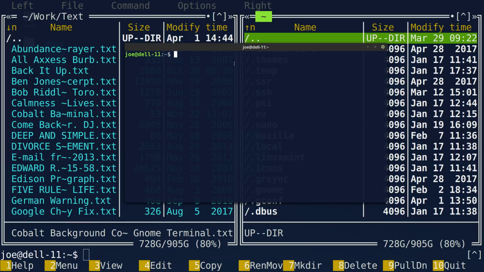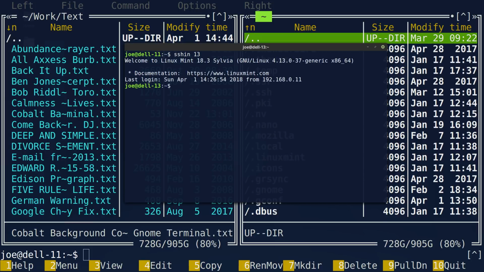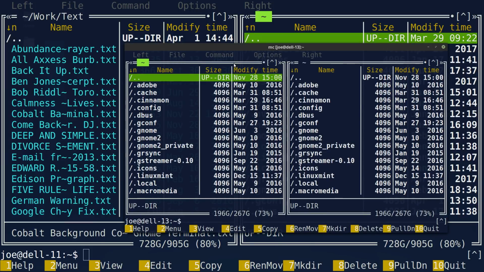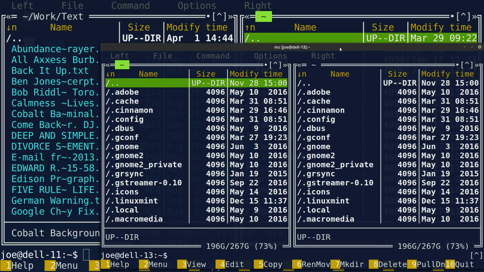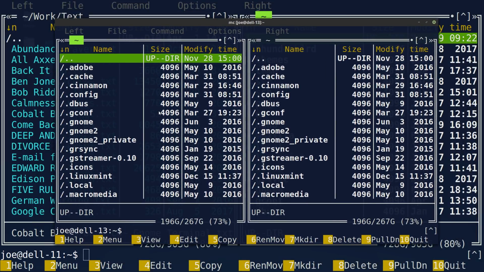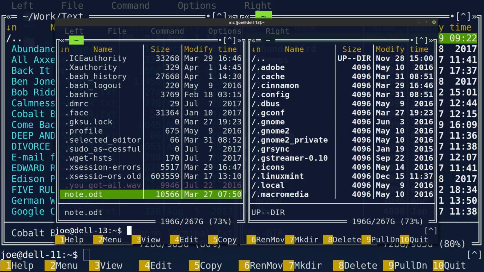So let's do it. Let's actually go get a file and play with it. So let's go into another machine on my network, Dell 13. I am there, and we'll open MC on that machine. And then I'm going to make this a little bigger so it's easier for everybody to see, including me. And I go in here like this, and I have a file that's sitting in the home directory here called